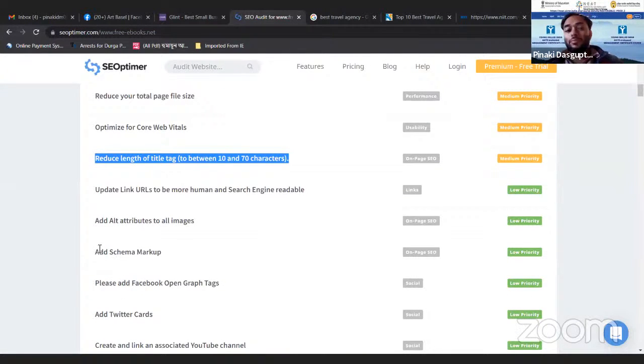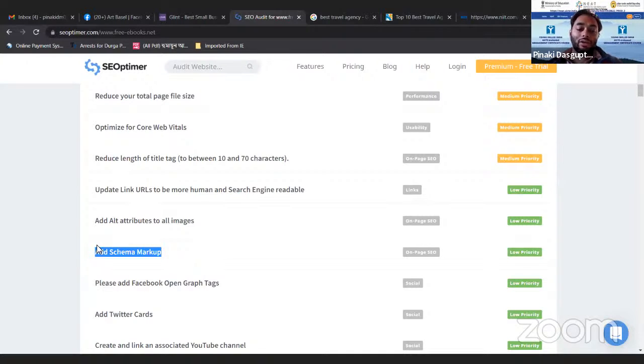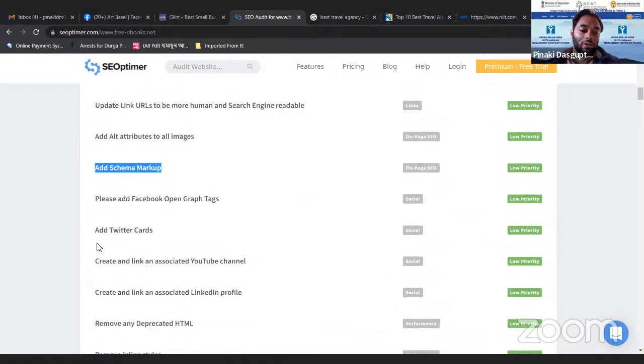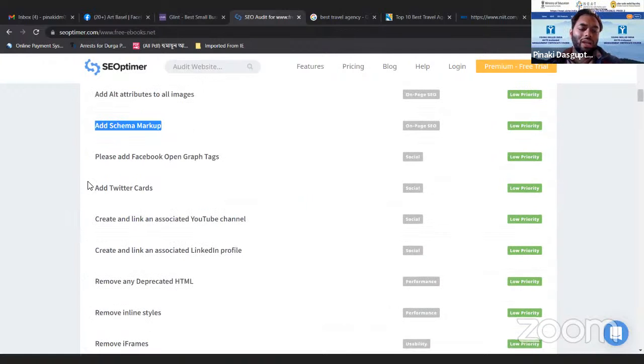Now the schema markup. This is also a very advanced technique that I will discuss later on. Basically, it is a short programming code that gives you an added advantage in SEO. Now here, Twitter cards, Facebook Open Graph tags. Facebook Open Graph tags are not so important, but Twitter cards, create and link an associated YouTube channel, associated